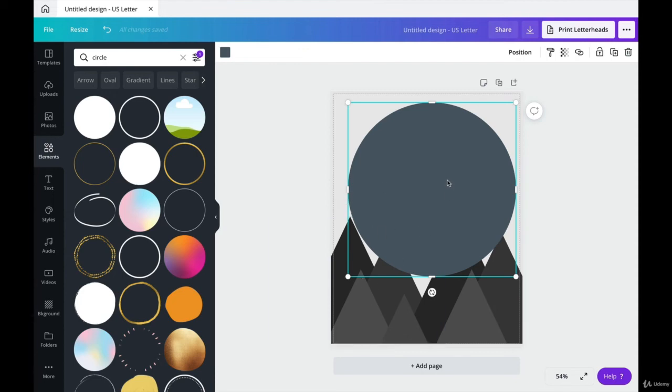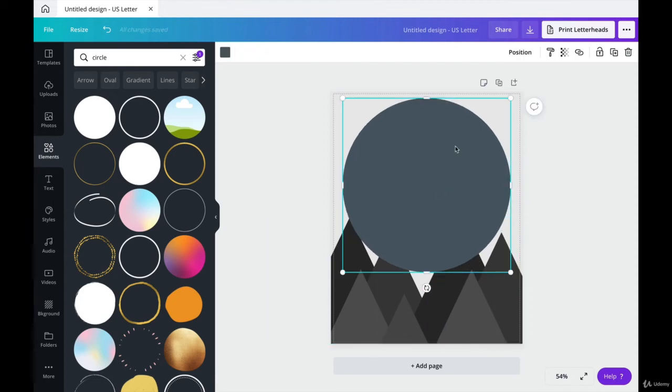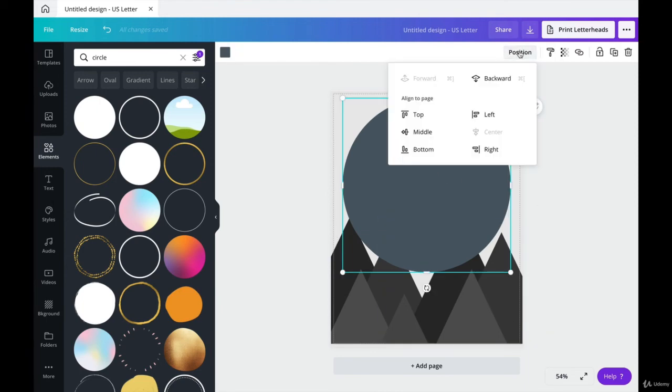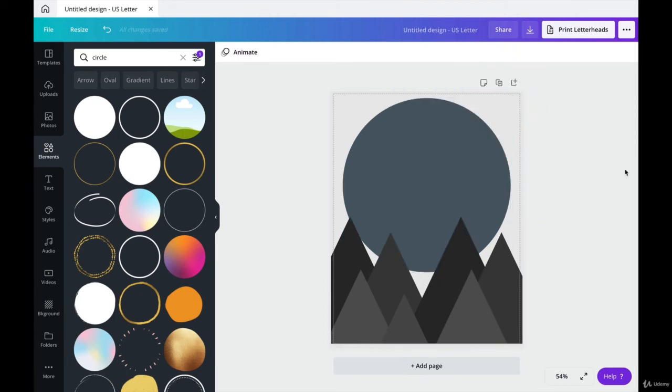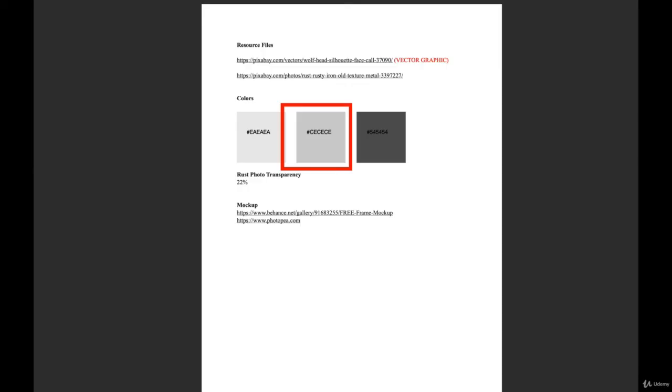I'm going to click on the moon. I'm going to go to position. I'm going to push it backwards. So that looks good. I'm going to head over to my resource sheet, and then I'm going to copy this middle color. The hex code is what I'm copying. I'm going to click on my moon, and I will paste that in,